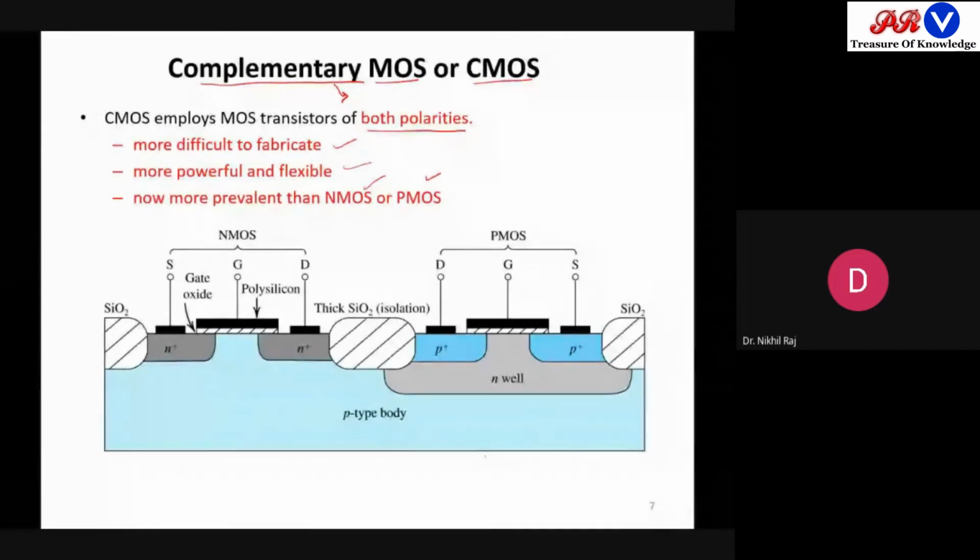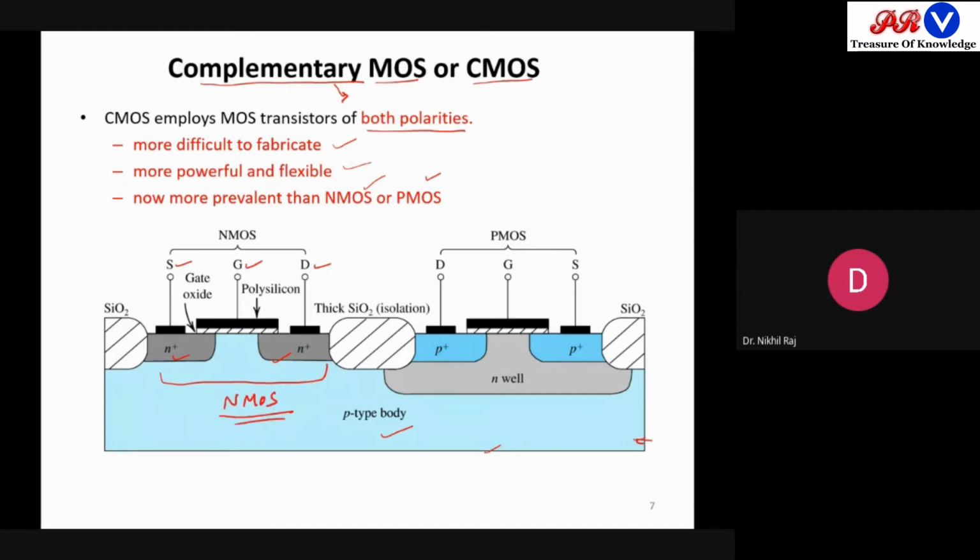So coming to the fabrication part, we will not use NMOS and PMOS separately and then connect them to realize the function. Rather, the fabrication of CMOS is done together, and both the structures are fabricated within the same substrate. So how is it done? In nature, p-type substrate is abundantly available. So p-type substrate is taken. Now we know in the p-type substrate, it is easy to fabricate NMOS just by doping N plus regions. So two N plus regions are doped, and then from here source and drain are taken out, and then the gate terminal is taken out. So this part is nothing but your NMOS.